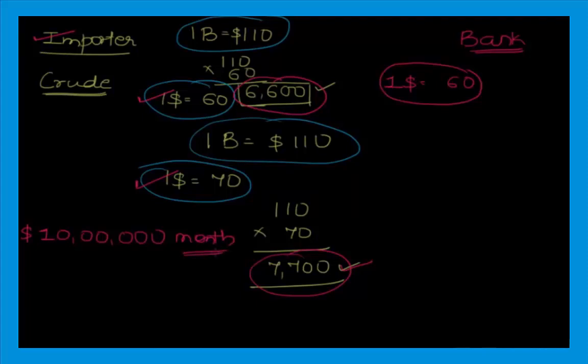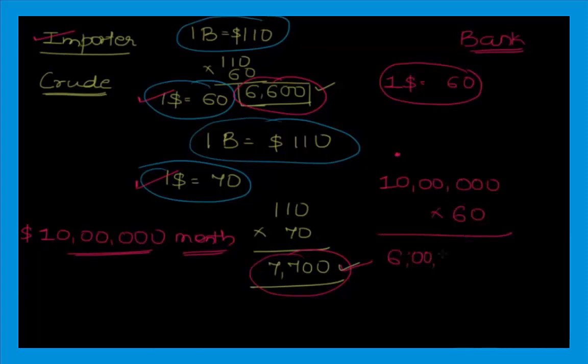So I will sign a contract with the bank for $10 lakh for a month, which means that at the end of the month I will pay to the bank 10 lakh into 60, which is 6 crore rupees, and the bank will give me $10 lakh,